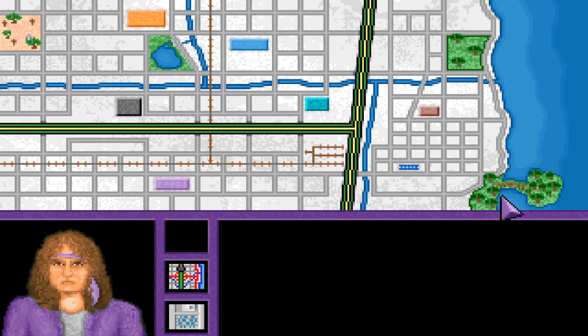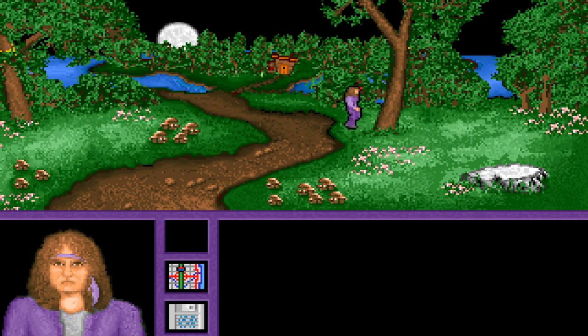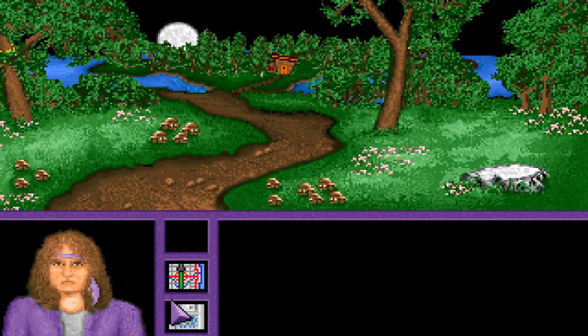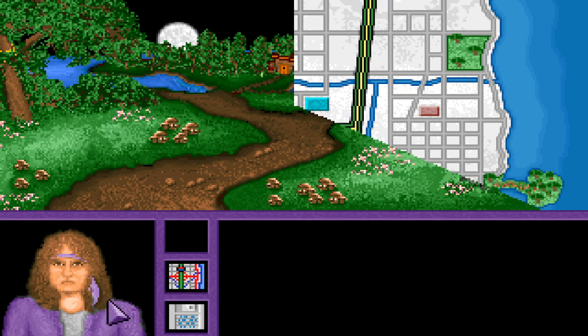Now we need to make a stop over here at the Island Shack. Need to pick this up for later.